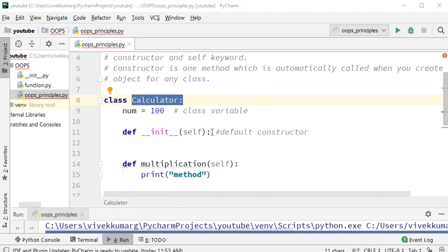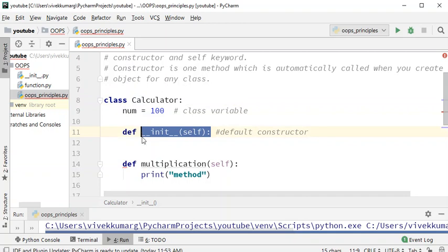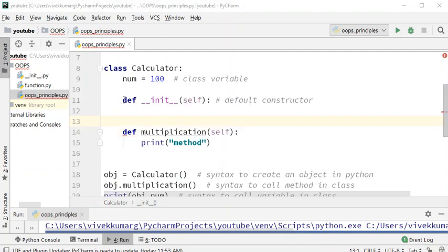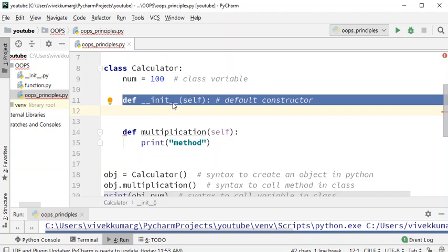And always remember, if you have prior experience with another programming language, don't get confused here. In other programming languages, you define a constructor with the class name, but in Python you always define it like this with the init keyword. I say keyword because you can't give your own name. So in Python, it has to be like this. This is the syntax. This is what it attaches if you don't declare any constructor.